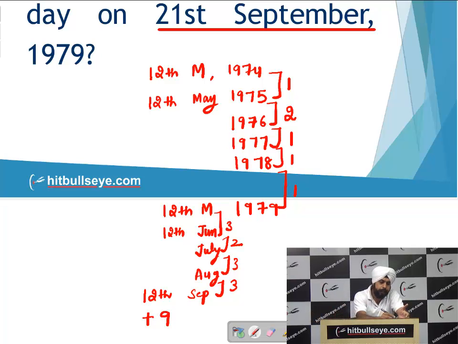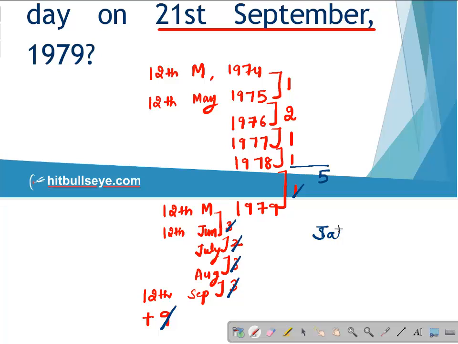Now students, just try to calculate the odd number of days. Let's cancel the multiple of 7 wherever we generate. 9 plus 3, 12, plus 2, 14. Now 3 plus 3, 6, plus 1, 7. So we are left with a total of 5 odd days. And 5 odd days, students, we need to add that in the day given. The day given there was Saturday. So if you add 5 days in Saturday, students, your answer for this question will become Thursday. So Thursday would be your answer.